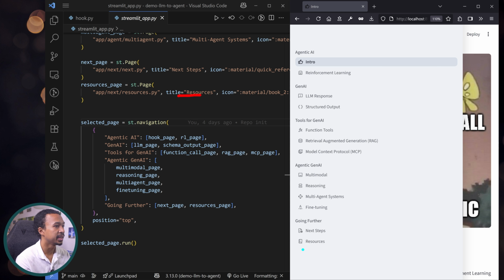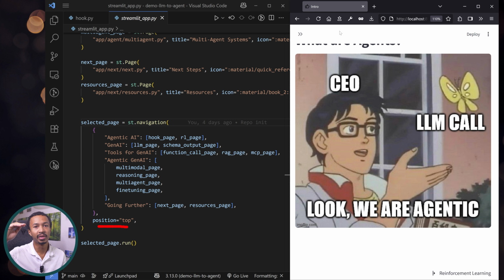You may see here the position top, which puts the navigation bar at the top of the app, but because Streamlit is responsive, if the screen is too small, it's going to move the top navigation bar